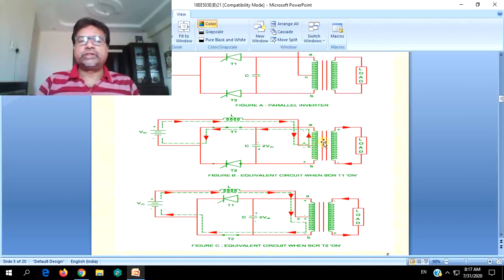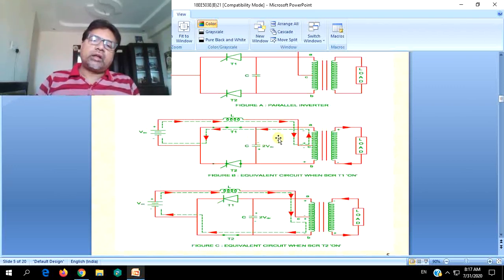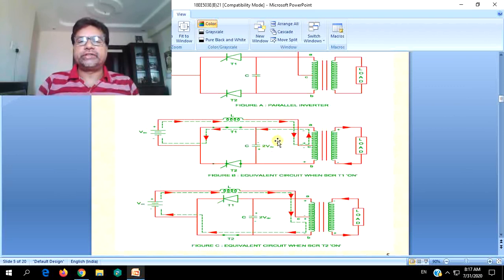As a consequence, the capacitor which is connected across A and C, or across the total primary winding, will now be charged to a voltage as shown. That is, the upper plate is negative and the bottom plate is positive, or the upper plate is connected to A which is negative in this interval. So the capacitor will be charged to a voltage of 2 times the supply voltage, or 2 VDC.